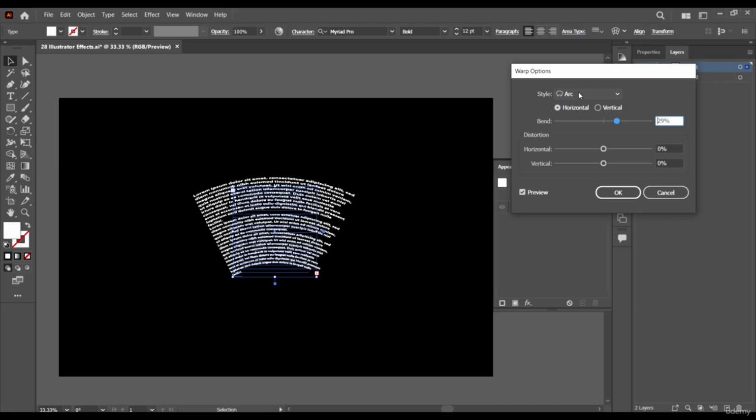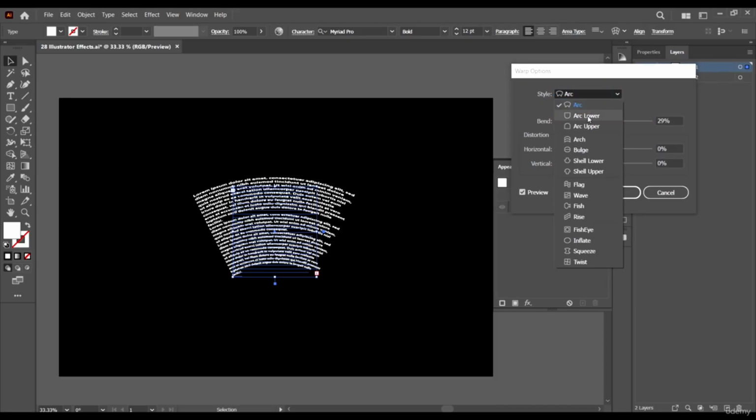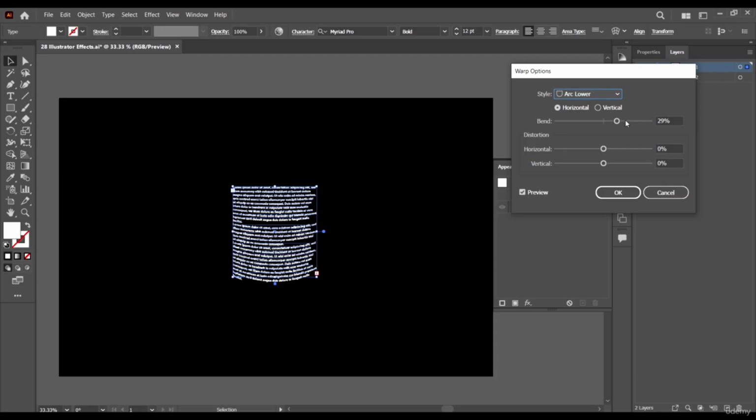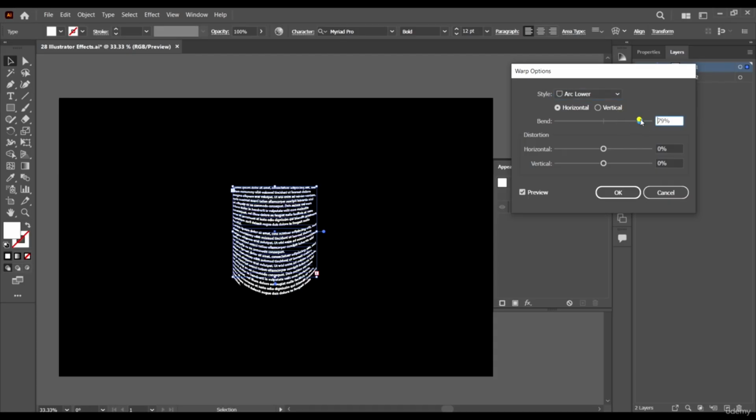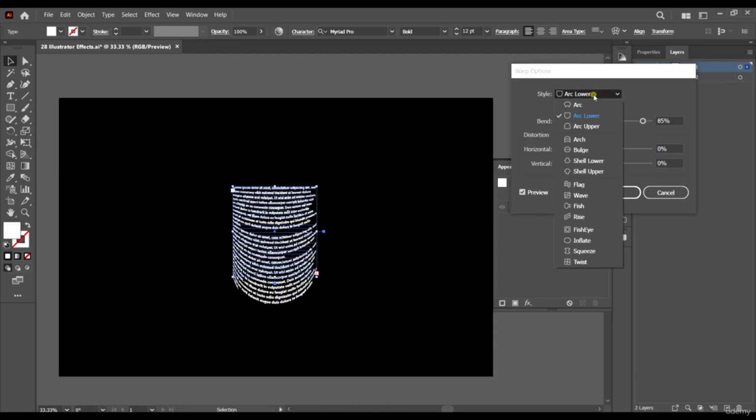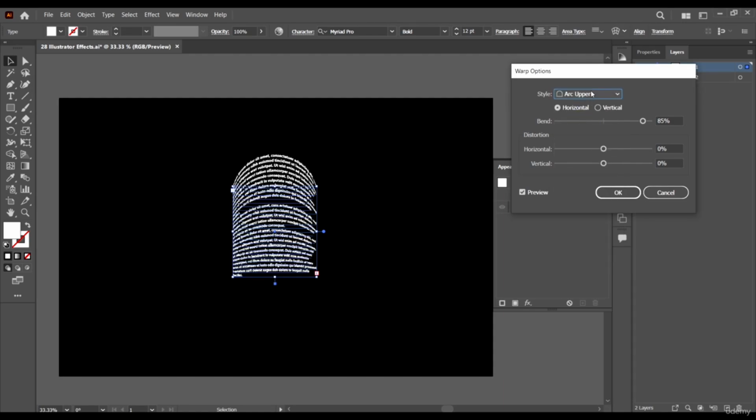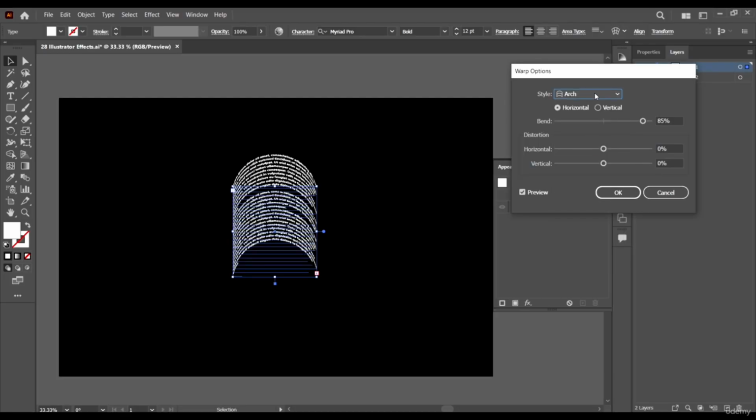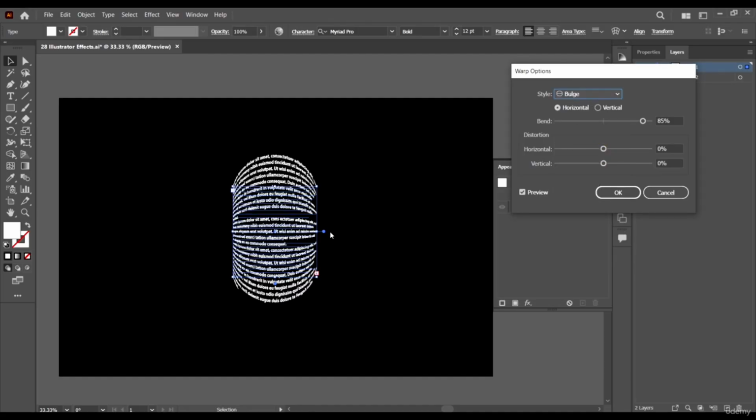Now we have a number of them. We have the arc, we have the arc lower, which does this. You see what the arc lower does. We have the preview here so you see what you are expecting. Then we have the arc upper, the arch, and then the bulge, which makes it just bulge out like this.